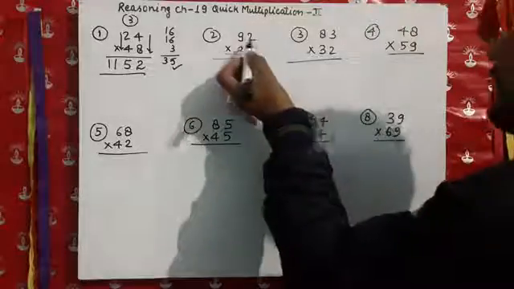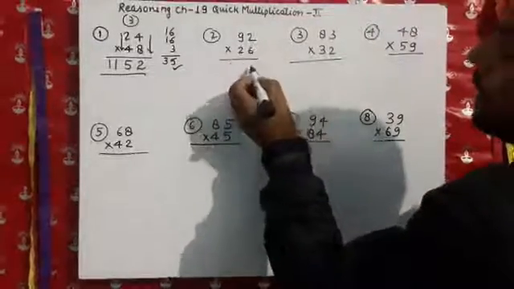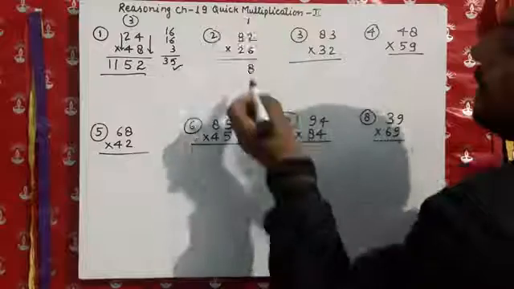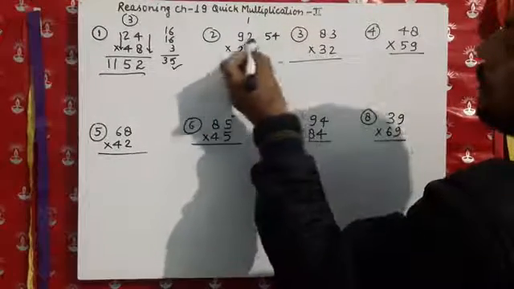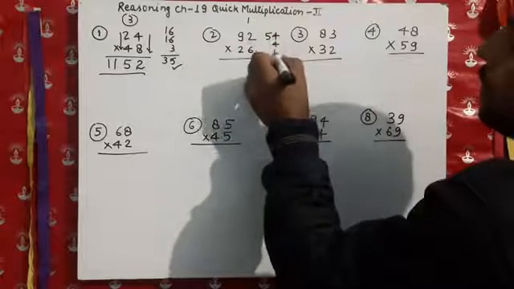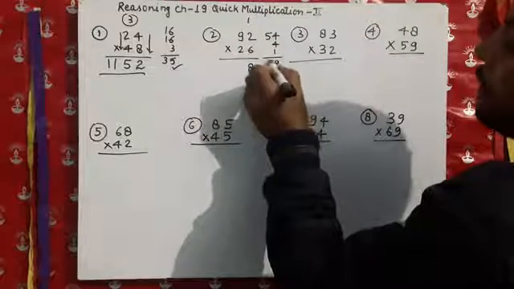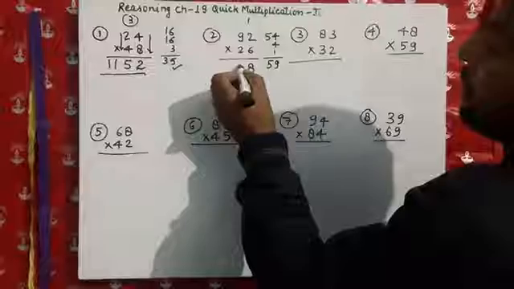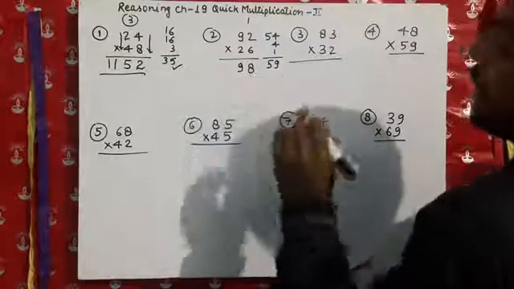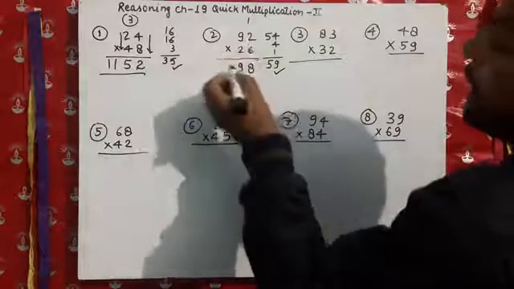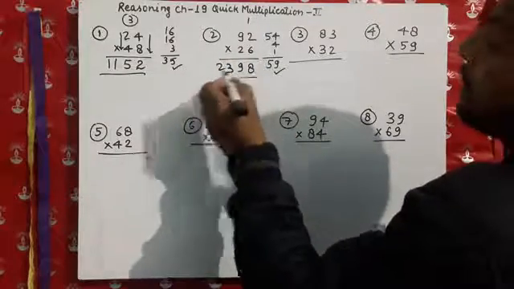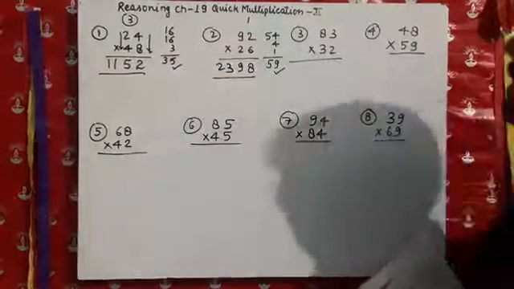Now we go to this question. Here 6 twos are 12, with 1 carry over. Now 9 sixes are 54, 2 twos are 4, and plus 1. So it becomes 9 5, 59. Here we write down 9, and 5 carry over. 9 twos are 18, 18 plus 5 is 23. So this will be the answer.